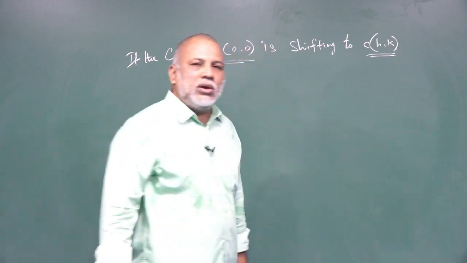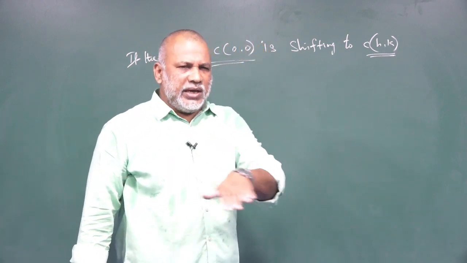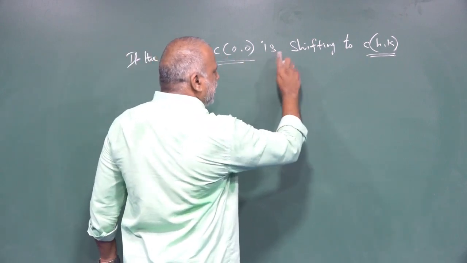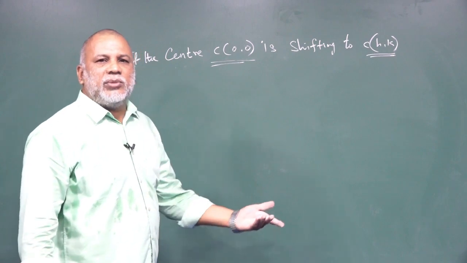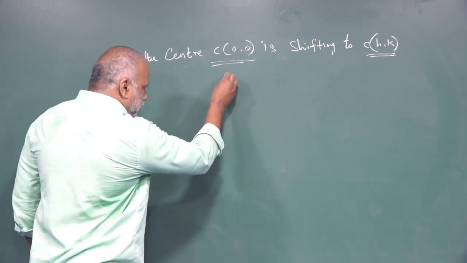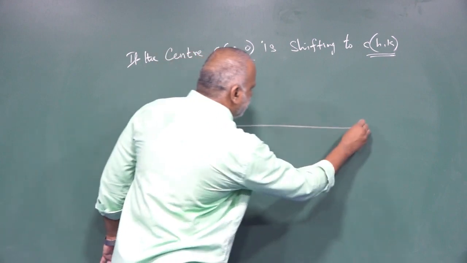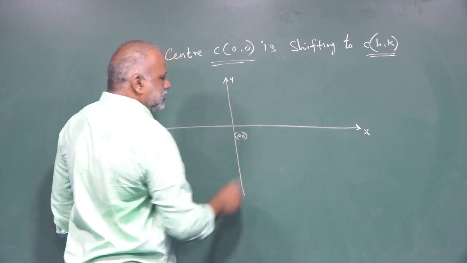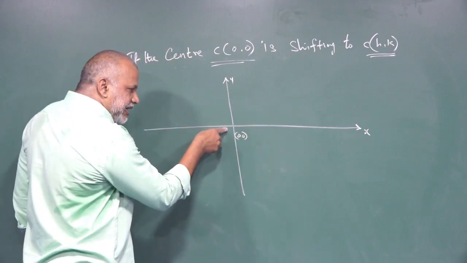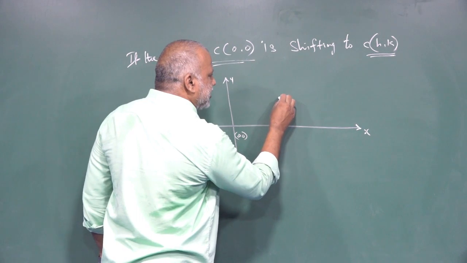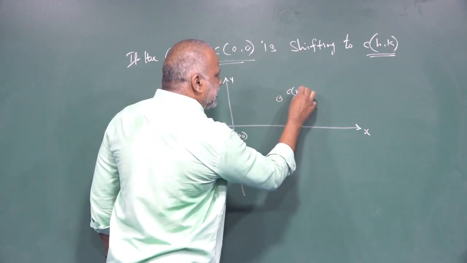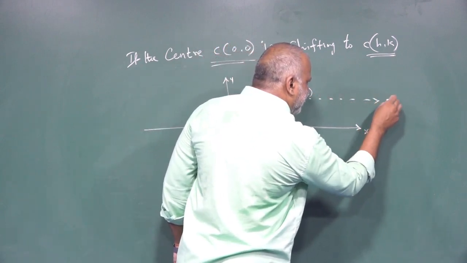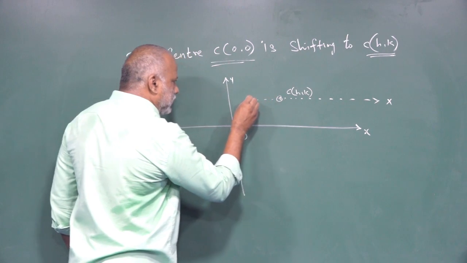Then we are going to form a new equation. Already we explained everything in your parabola. See here, instead of the center C(0, 0) is shifting to the point (h, k). Therefore, we have to look at this diagram carefully. This is x-axis, y-axis, origin (0, 0). The center is shifting to some other point, say (h, k). Here we are selecting the center C(h, k). Then draw the new axis. The same logic we are using in the parabola also.